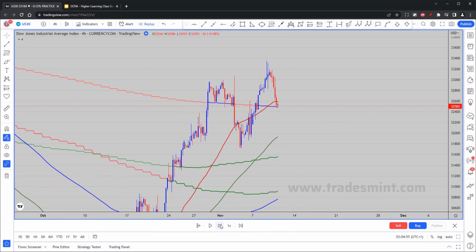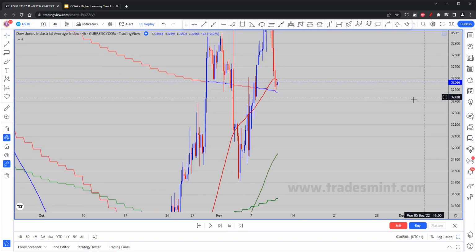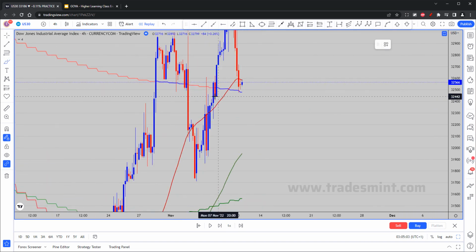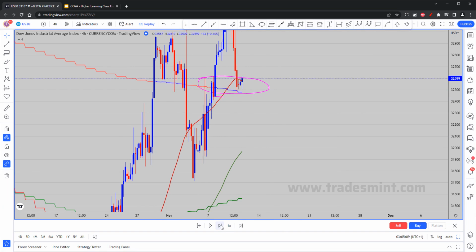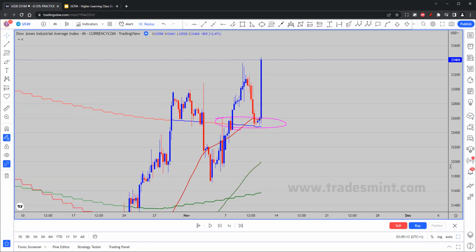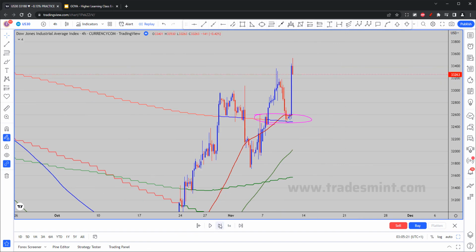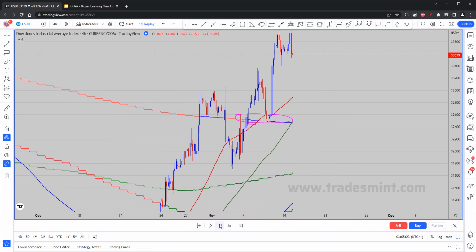and what happens? A bit of hesitation, but we do not make a lower low. Our last small low is this one, okay, and we are right in this zone. Bit of consolidation again, and then boom, big reaction, money is being pumped in, and we make an even bigger higher high, okay. And then if we unfold the price,